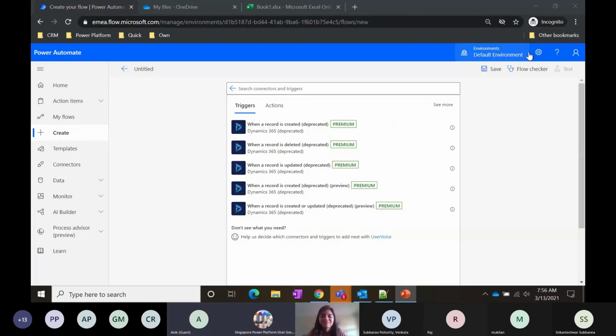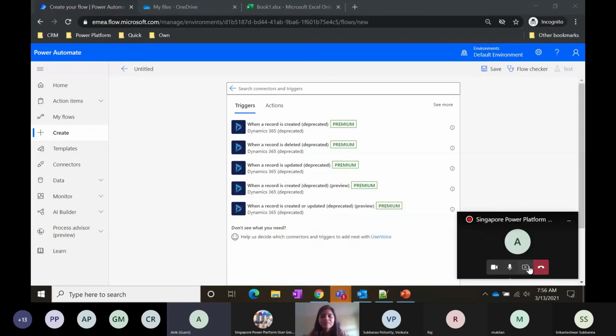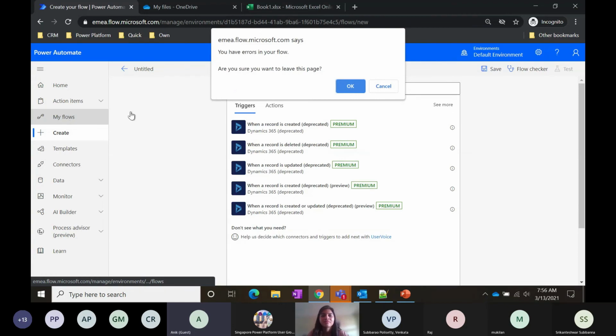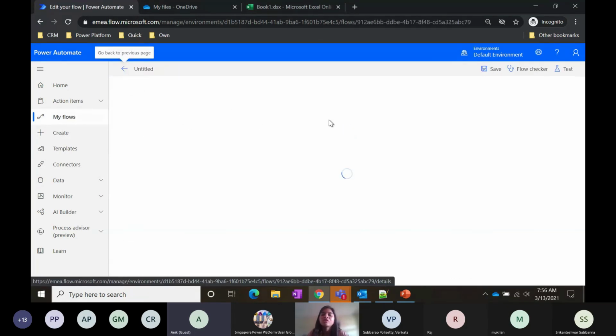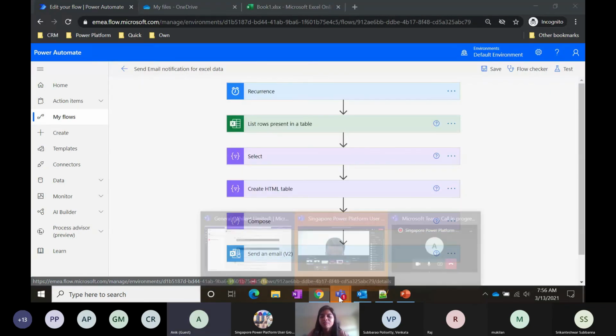Yeah, one more question. Hi Roma, I am Anik. Like we can print all the Excel values into the email. Is there any possibility to attach the file as well? Since there is a lot of data in the Excel, thousands of records and hundreds of columns, we cannot print everything in the email. So, is there a possibility to attach the same Excel file? Yes, yes. Let me just quickly check.